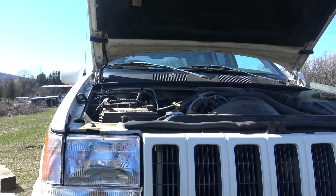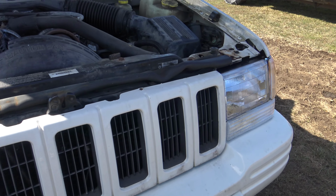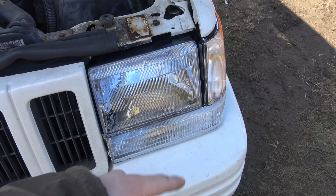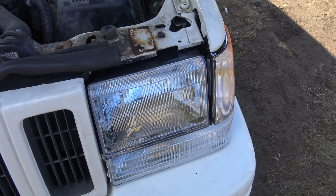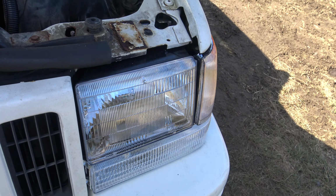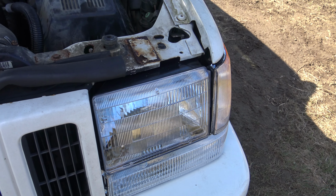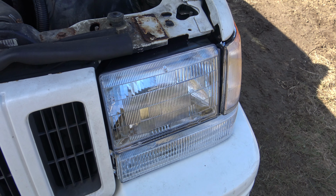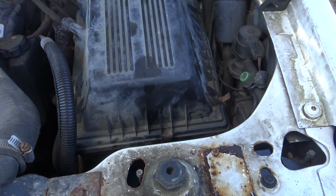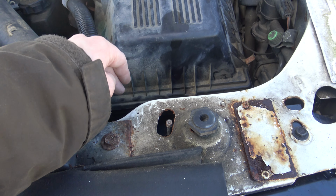I got very lucky with this vehicle. This vehicle treated me quite well with everything. It did have a small issue with all three of these lights being out. I thought for sure, because the statistical odds of all three lights being out at the same time is nearly impossible. Well, guess what? It ended up being that all three lights had blown out, and I thought it was something to do with the wiring, so I tore the air box out, and I had to drill out the three bolts that held down the bottom of the flow sensor, the air box here,